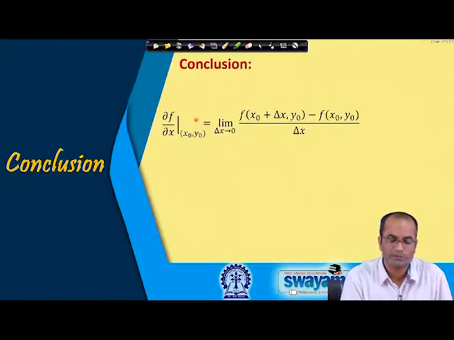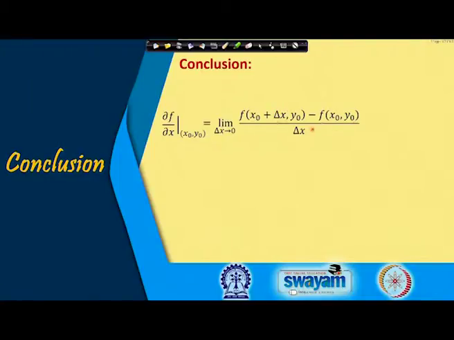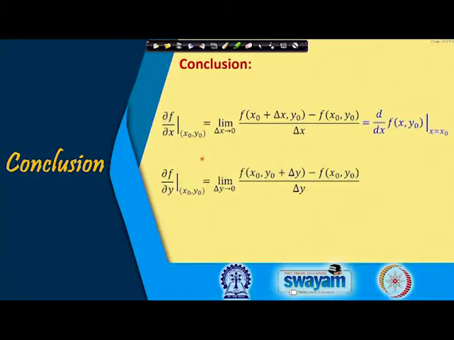Okay, so, what we have learned today, which will be used in following lectures, is the partial derivatives. So, with respect to x, this definition we are going to use in many other lectures. So, here the increment with respect to x, and then this quotient we have to take the limit. If this limit exists, we will call it the partial derivative with respect to x, and same thing for the partial derivative with respect to y.